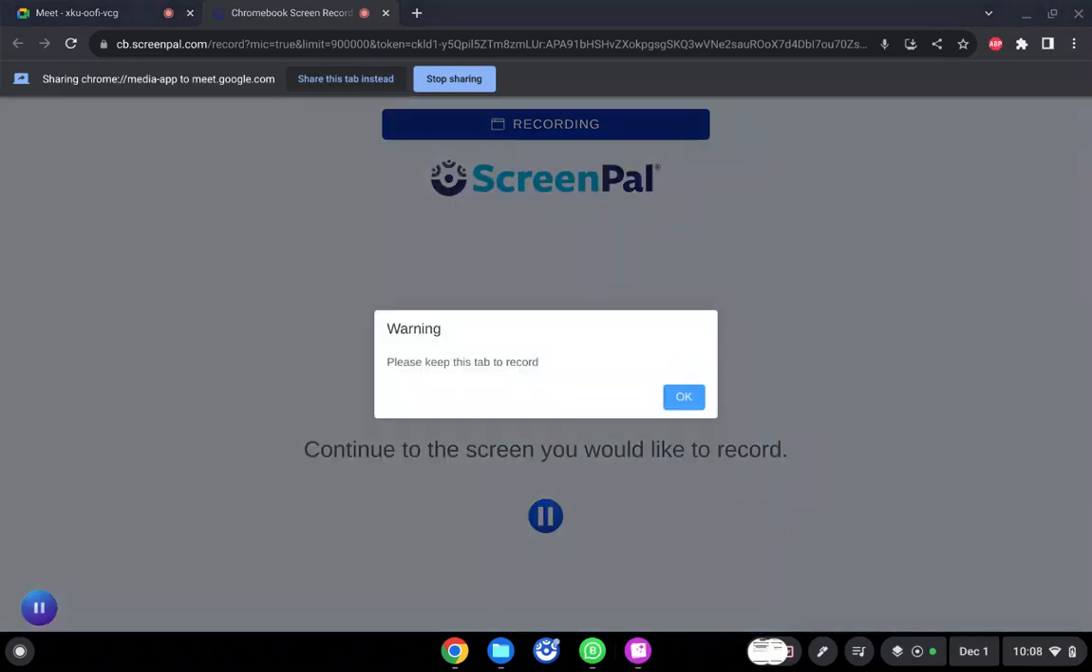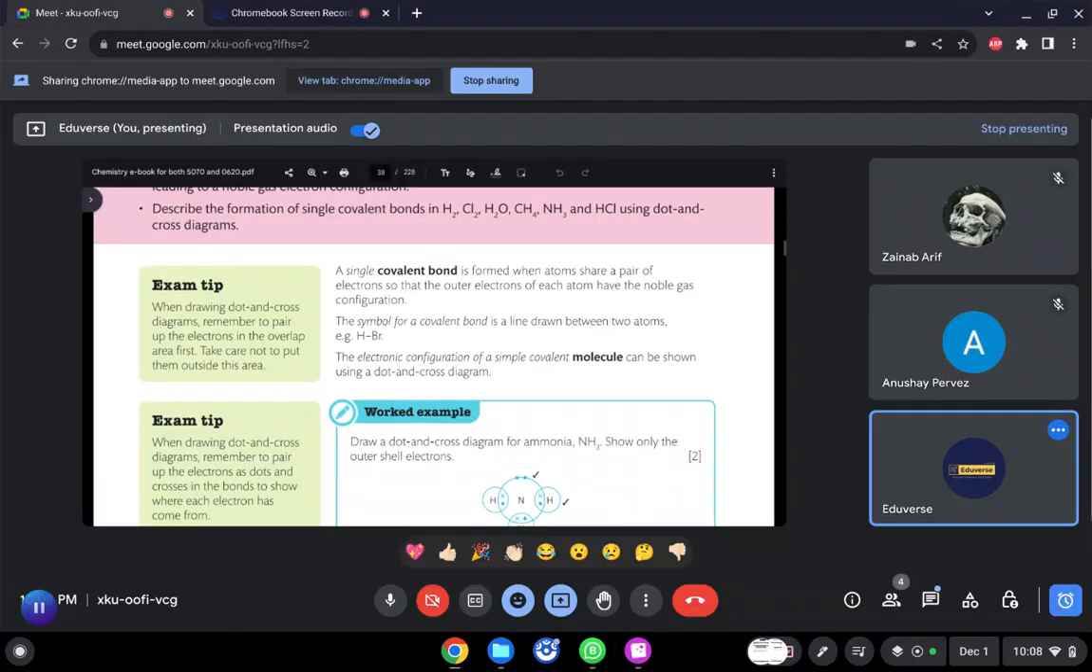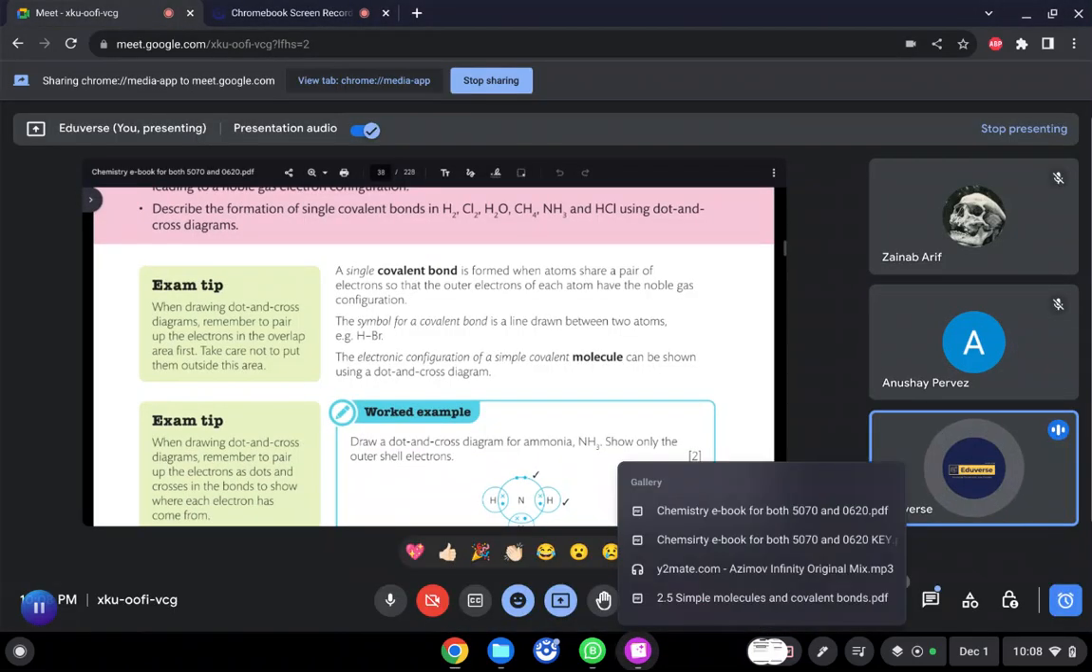Metals always lose electrons and non-metals always gain electrons. We did the dot and cross diagram as well. So in today's class, I will try my level best to include both topics, the dot and cross diagrams of covalent bonds and ionic bonds. But right now, we have to study